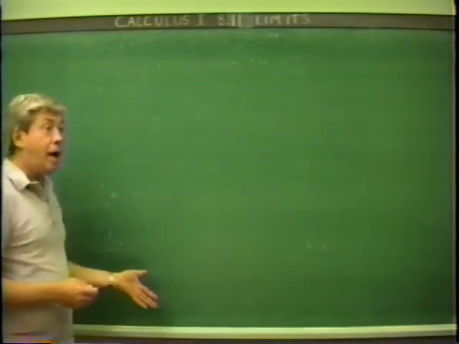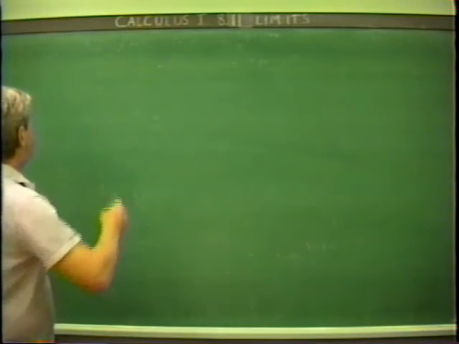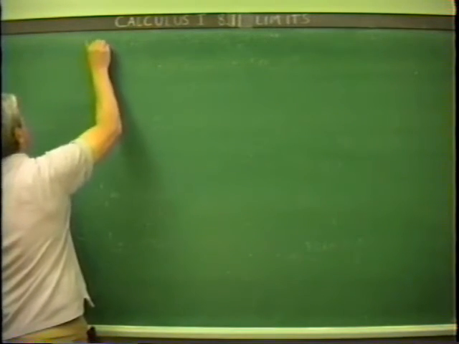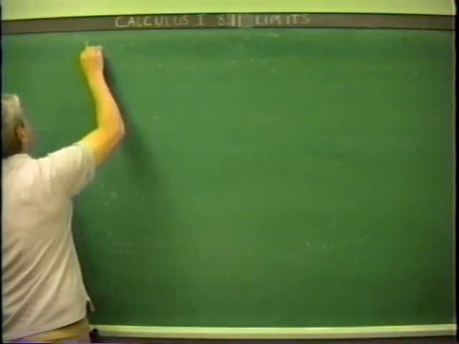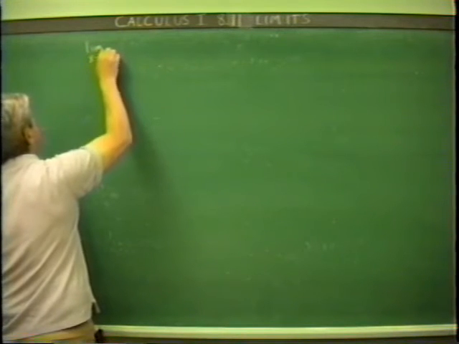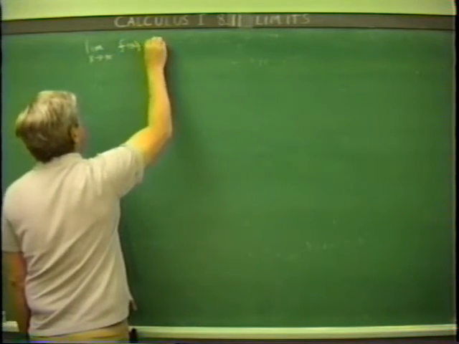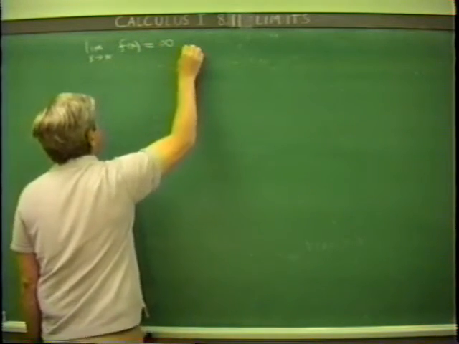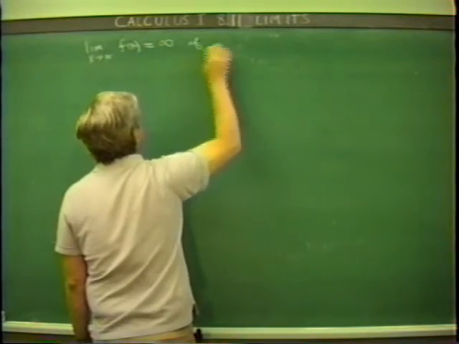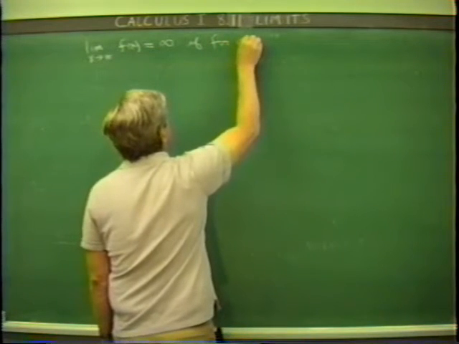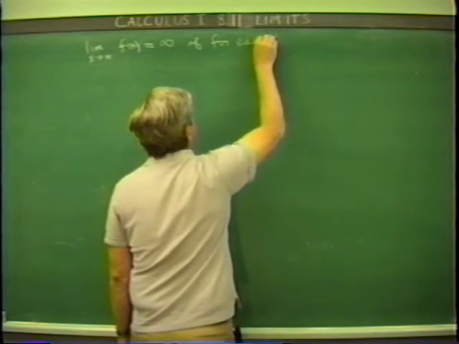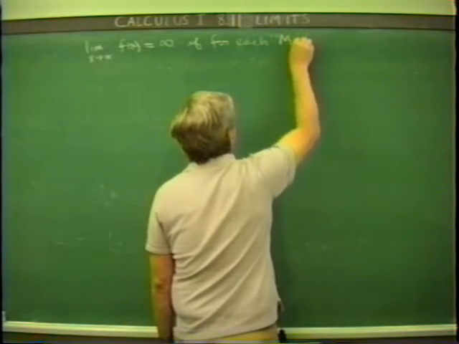All right. In addition to there being a finite limit as x approaches infinity, a good number of functions get very large in either positive or negative direction as x approaches infinity. So we want to also look at, in general, what happens as x approaches infinity of f of x. We want to say that this limit as x approaches infinity of f of x is equal to infinity if,